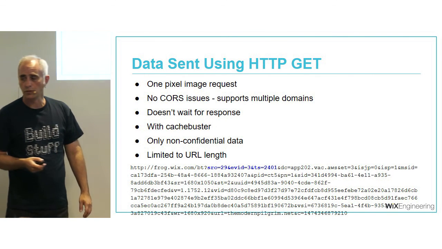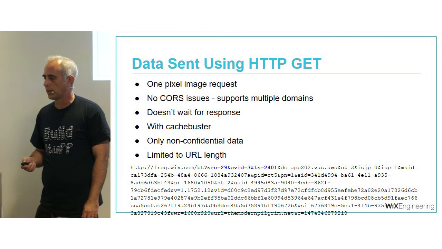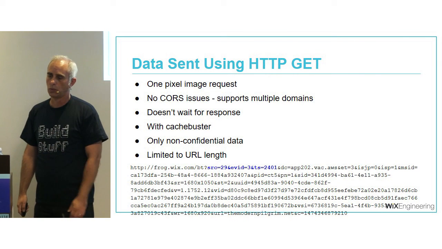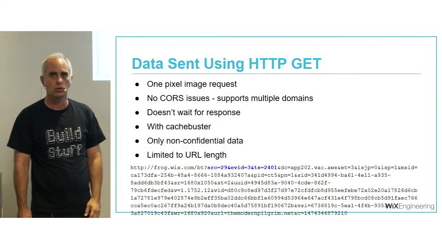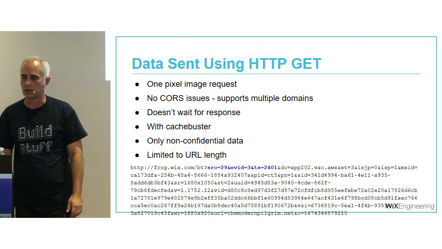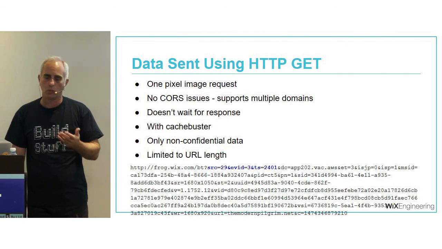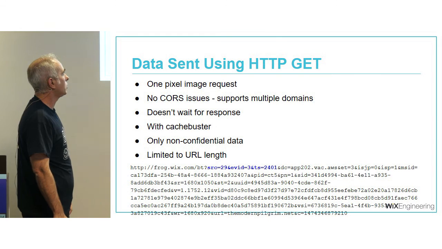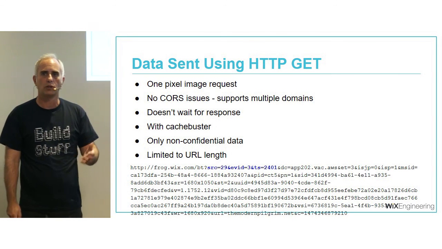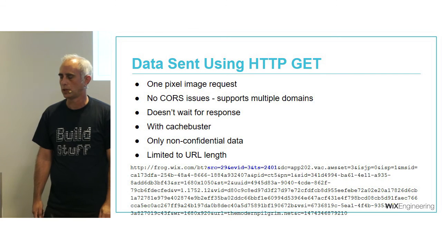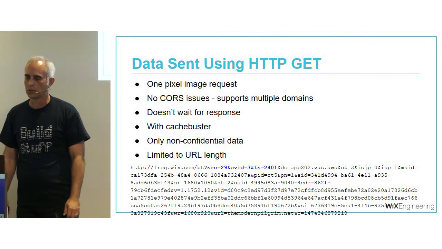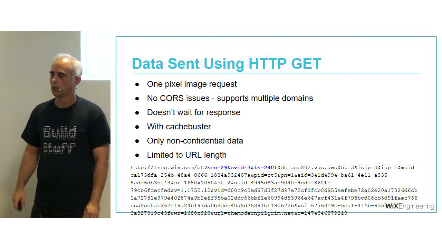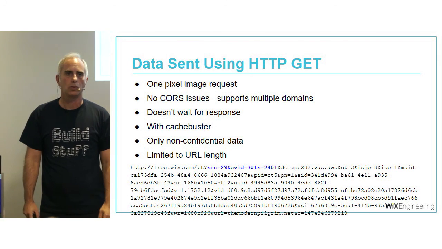I mentioned that we send this information using a single pixel HTTP GET request. So why do we do it that way? Because when you're asking for images, there are no CORS issues. We don't care about the image sent. We don't try to look inside of it. And we don't wait for the response, and we obviously use a cache buster. Another obvious thing is that you need to be careful about not sending confidential user data when you're doing BI just for monitoring purposes, because users really don't like that. One thing, though, is that the way that we're doing it, the amount of data that we're sending on a single request is limited by the